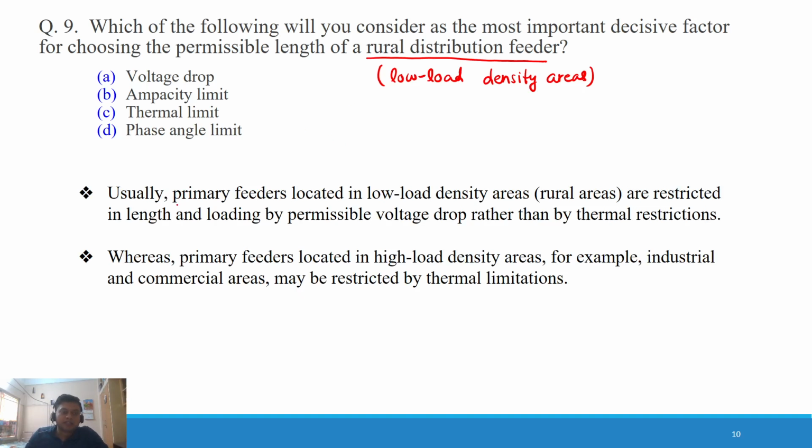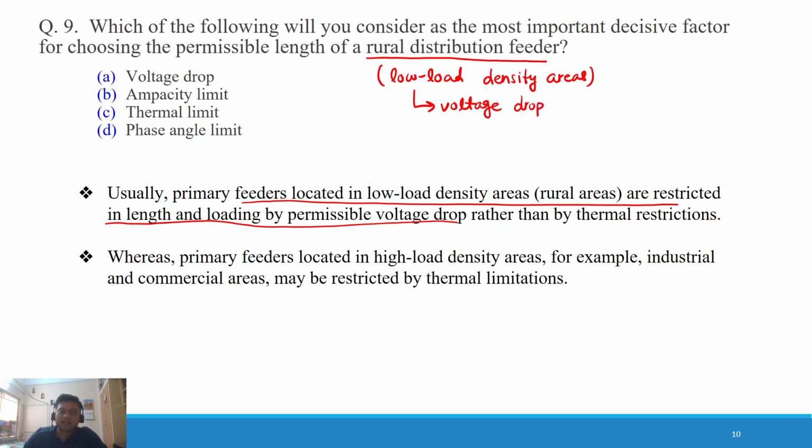So we see some important points related to this problem. Primary feeders located in low load density areas are restricted in length and loading by permissible voltage drop rather than thermal restrictions. For low load density areas, we look at the voltage drop rather than thermal restriction